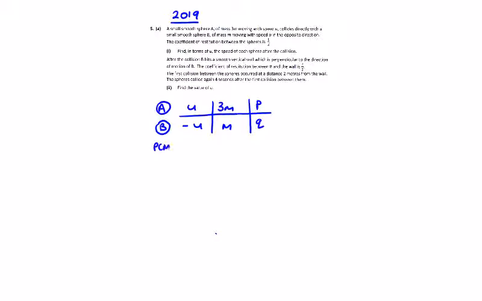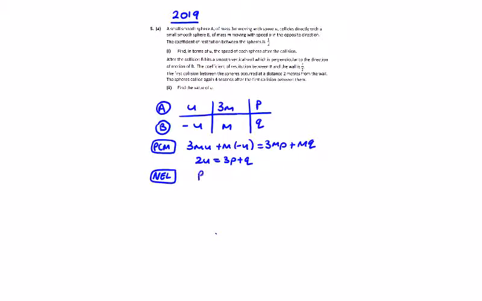So, principle of conservation of momentum: 3m times u plus m times minus u is equal to 3mp plus mq. So you're going to get 3mu minus mu, and dividing across by m, we get 2u equals 3p plus q. Newton's experimental law,